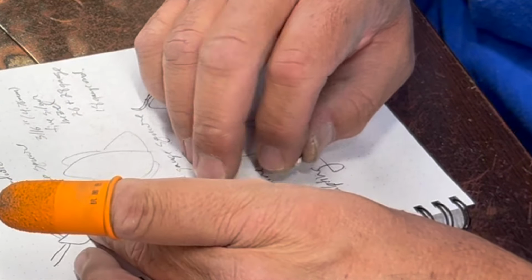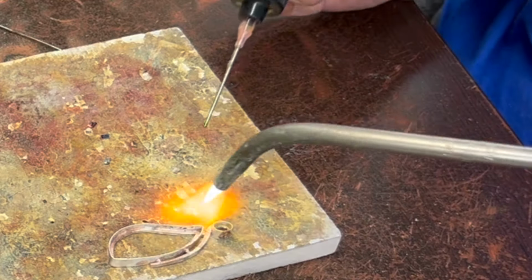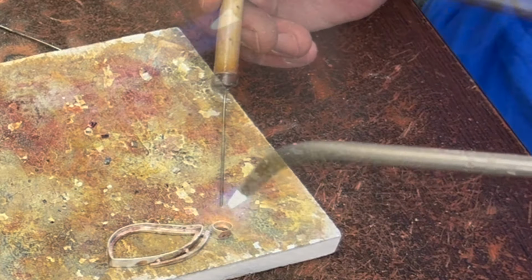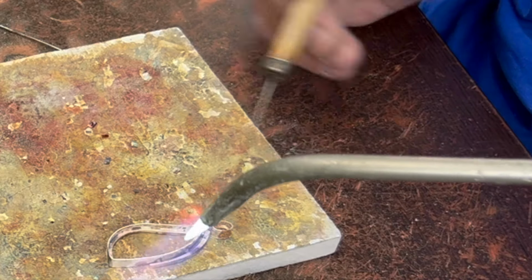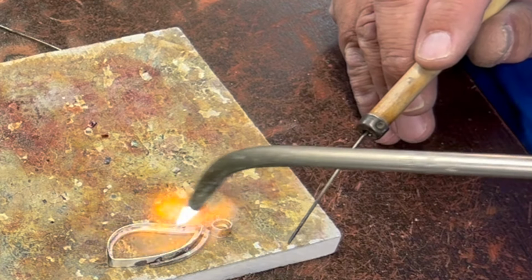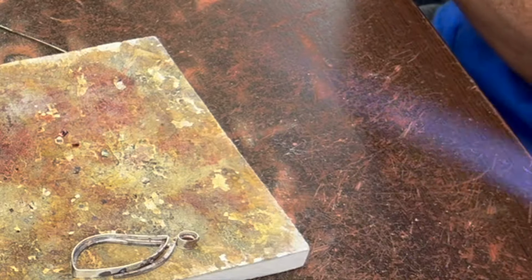Alright, so I think let's solder this bezel on. I'm just going to kind of go right there. So we'll do the same thing we just did. Okay, that appears to be a good connection. So I'm going to let that pickle a little bit. And let's work on